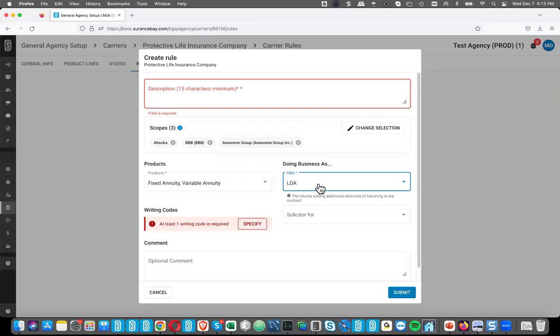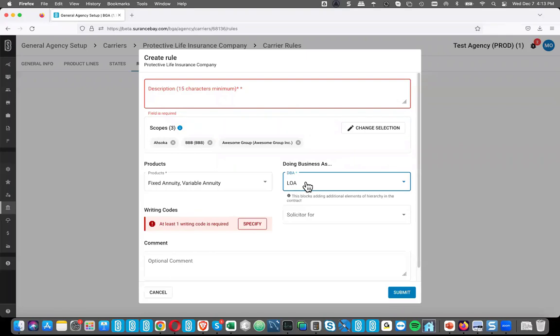You'd have to go into that individual producer's profile and change his DBA, and maybe do that for 4 or 5 other producers too. And if you forgot to do that, there would be a lot of cleanup to do after the fact. This allows that rule to be set up ahead of time so that there's no reason to go into their profiles individually and change the DBA type. This rule will enforce that for you.